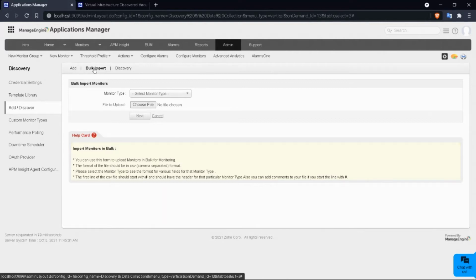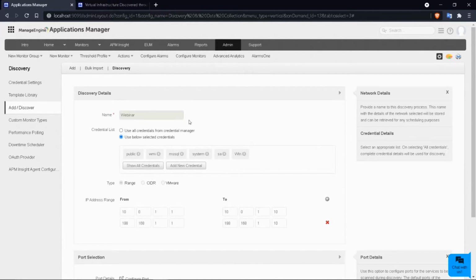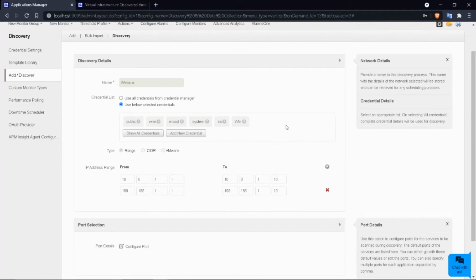Last but not the least, we have the discovery process where the user has to define or add new. So let me quickly edit one of these options that I have created well in advance. This is one of the groups that I have renamed as webinar, where as you can see, this discovery option lets the users identify resources from multiple subnets as I did over here, providing two different IP ranges,